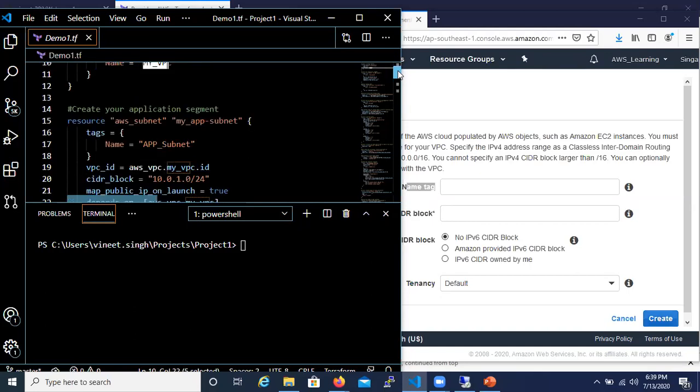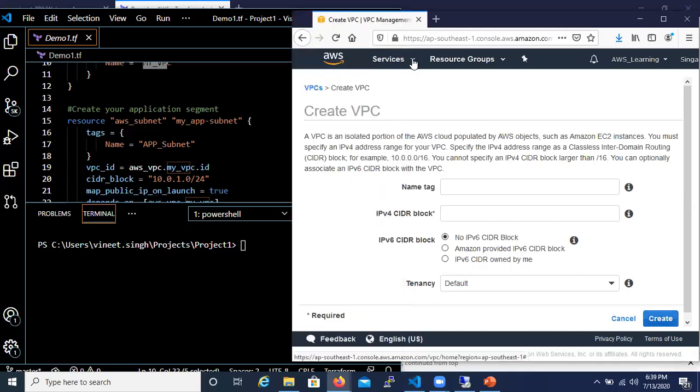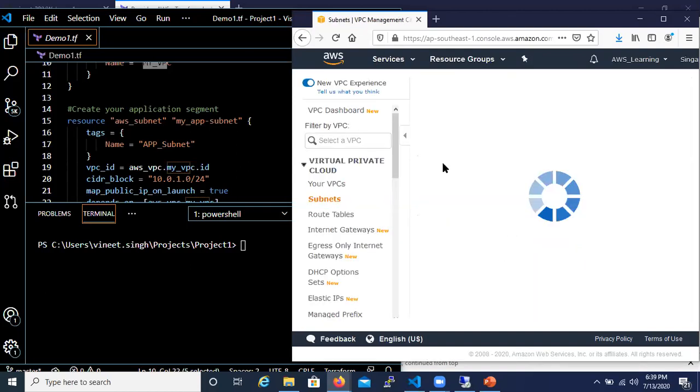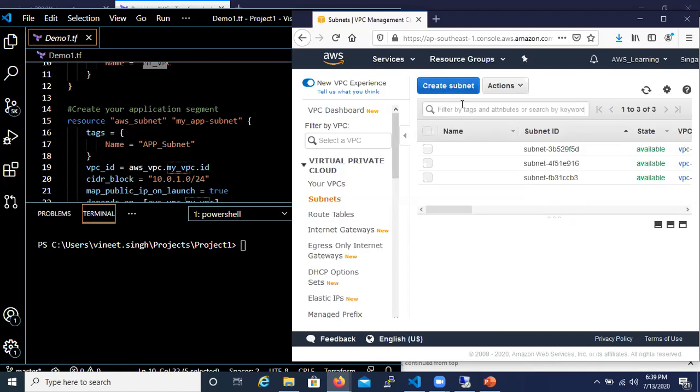After creating the VPC, I'm going to define the segments. So I'm going to create my different subnets. For example, if I cancel this and click on subnets, by default, Amazon gives you 3 different subnets which are part of your default VPC.